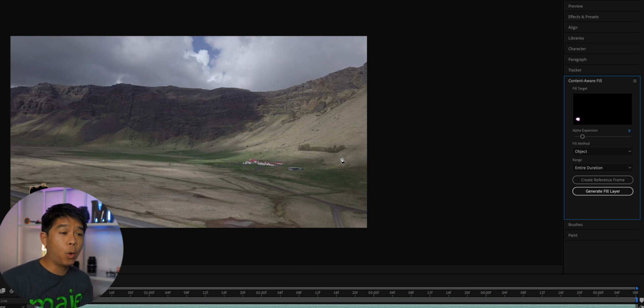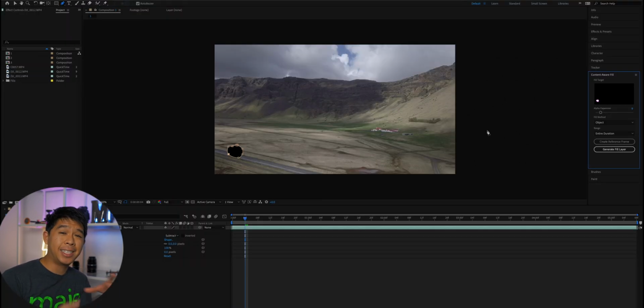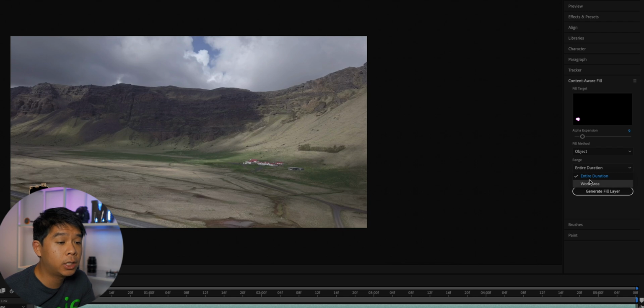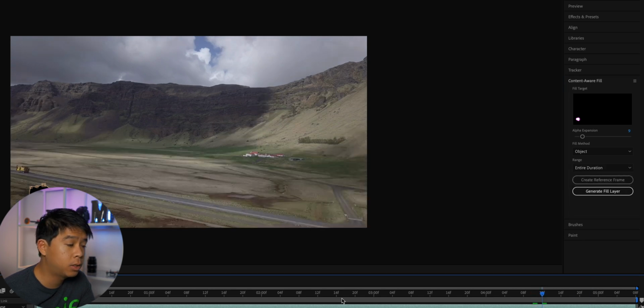So what Content Aware Fill does pretty much is it takes the surrounding of whatever object you've selected and it tries to fill that empty space with its surrounding. And if you know how to use Photoshop, that's probably something you've seen all the time or that you've used all the time. Next, you can select range. You can select either the work area, which you can adjust right here. And in my case, I'll select the entire duration because this is the entire clip that I want to work